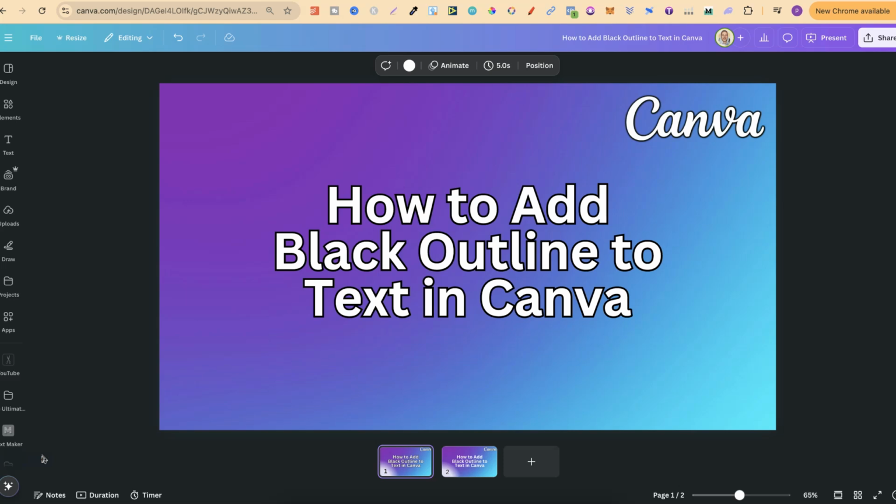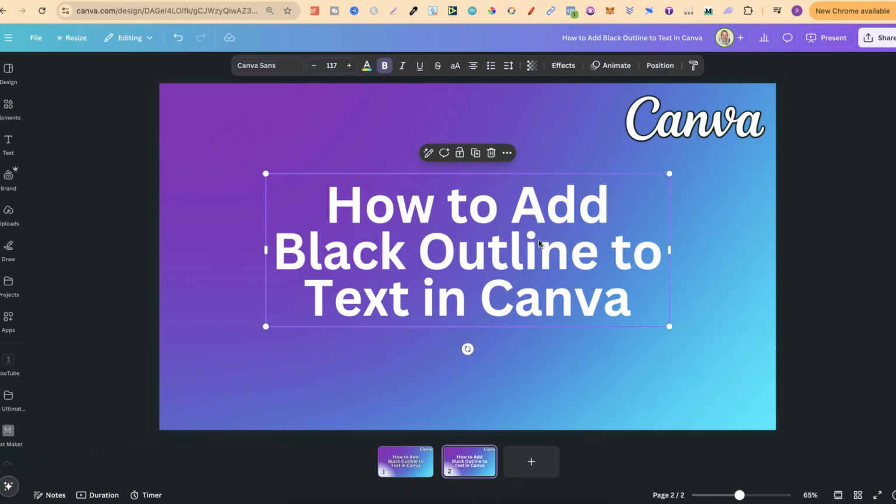In this tutorial, I'm going to show you how to add a black outline to text here in Canva, just like this. Now, this is really easy to do. Once you have your text on the canvas just like this, we're going to want to click onto that text,